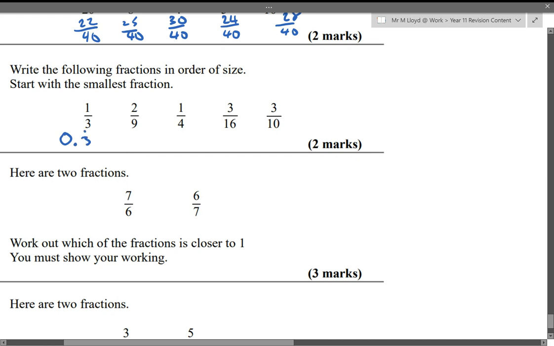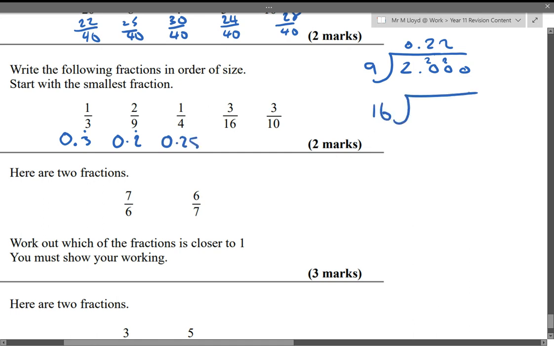So 0.3 recurring. 9's into 2 won't go. Carry the 2. Sorry, 9's into 20 will go in twice. Remainder 2. So that's a recurring decimal of 0.2. This is 0.25. 3 is going to have 16 put into it. 0.30, 16, that's 1. Remainder